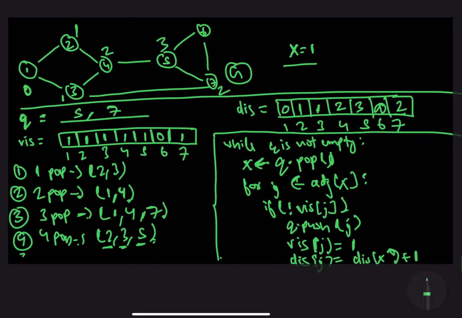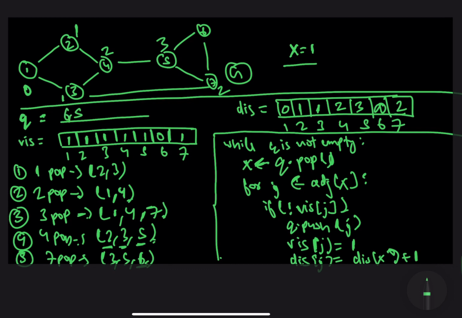And now for the fifth iteration, since the frontmost element of the queue is 7, we will pop this 7 out of the queue. And then we will iterate over all the nodes which are adjacent to this node 7. So the nodes which are adjacent to node 7 are nodes 3, 5 and 6 in this case. And since node number 3 has already been pushed, we would skip it. Node number 5 has been pushed, so we would skip it again. And since node number 6 has not been pushed into the queue, we would push it now.